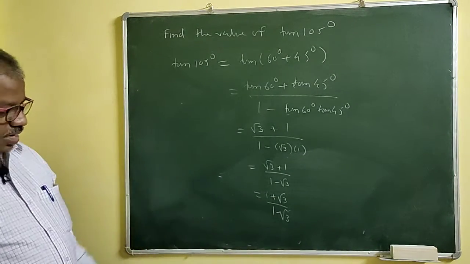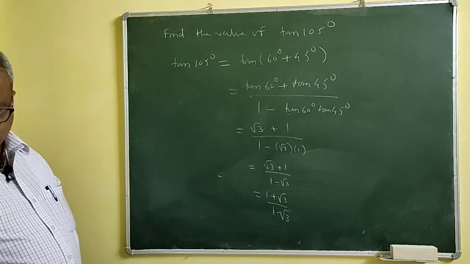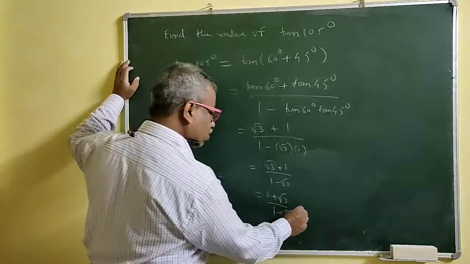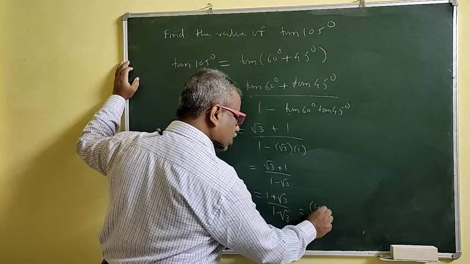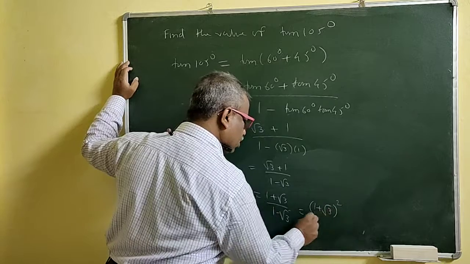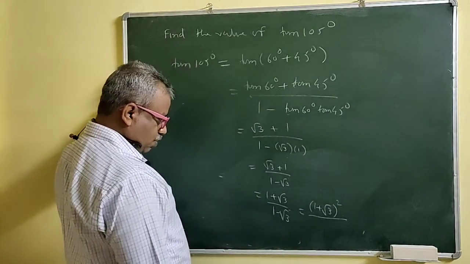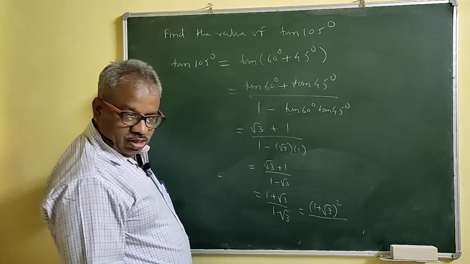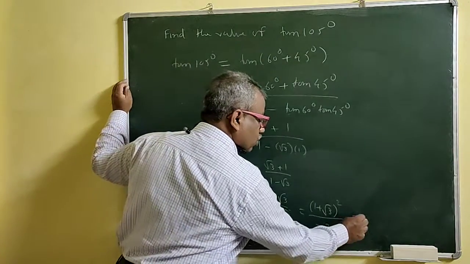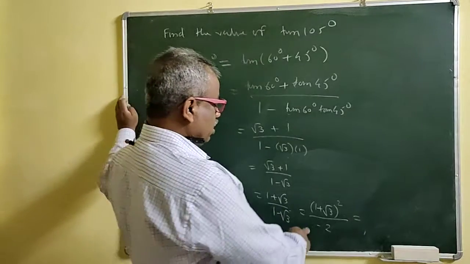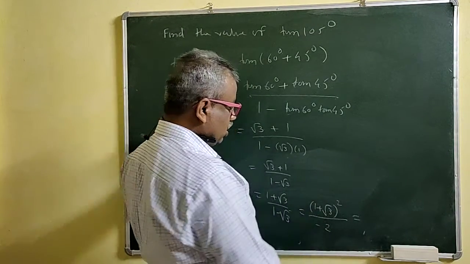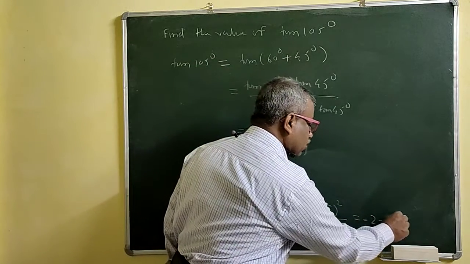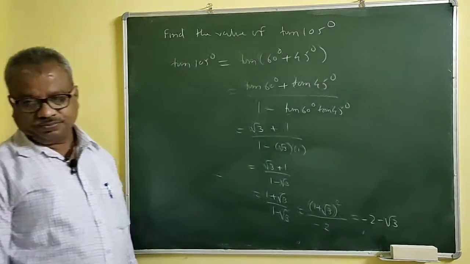If you are interested in rationalizing, you can rationalize this, but there is no use of that rationalizing. So can you rationalize this? See what we get then. This is root 3 square, right? Then upon minus 2 will be there: 1 minus 3, so minus 2. So what do we get here? 1 plus 3 is 4 now. So 4 upon minus 2 will be minus 2 minus root 3. This will be your answer also.